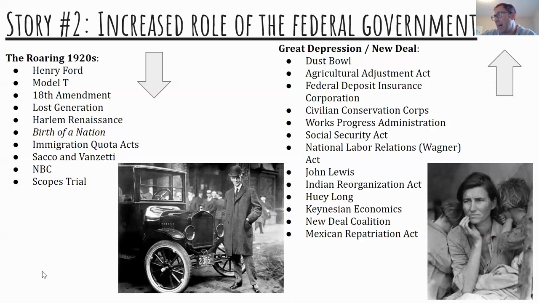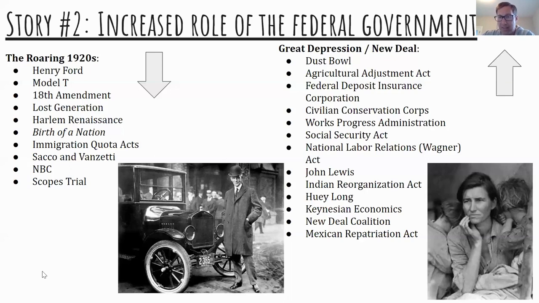You've got other ones as well, like the Agricultural Adjustment Agency, or AAA, which is providing subsidies for farmers so that they will grow less and hopefully adjust farm prices to halt inflation and give farmers more money for the food that they're growing. And of course, there are others as well. There's the WPA, which is a huge program that's creating jobs for Americans. And that's a big deal.